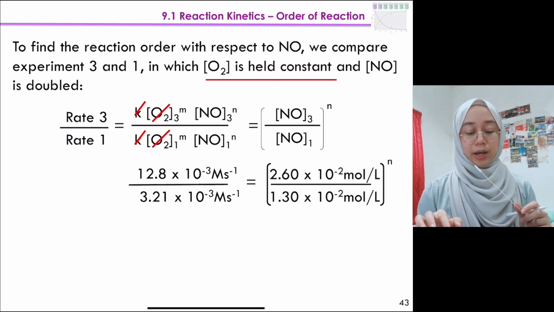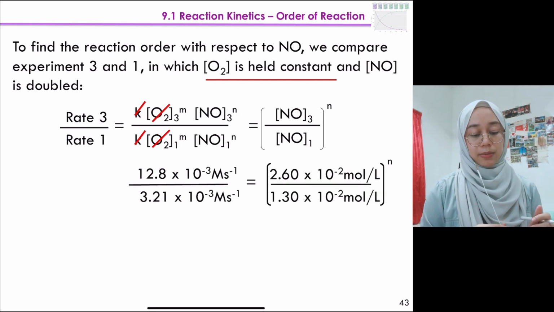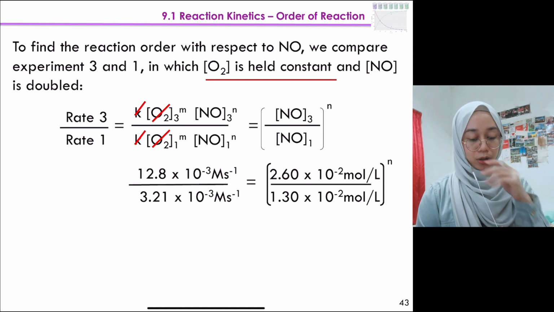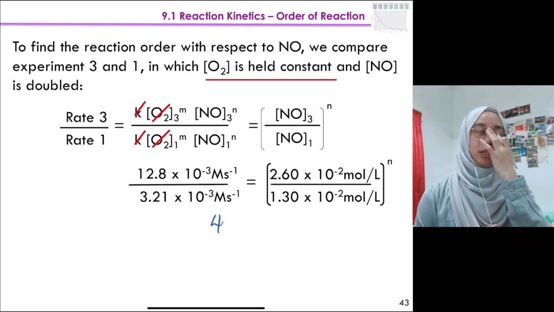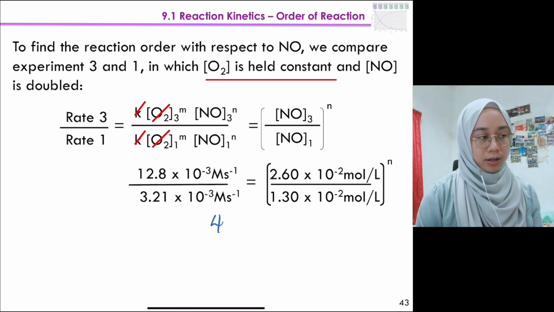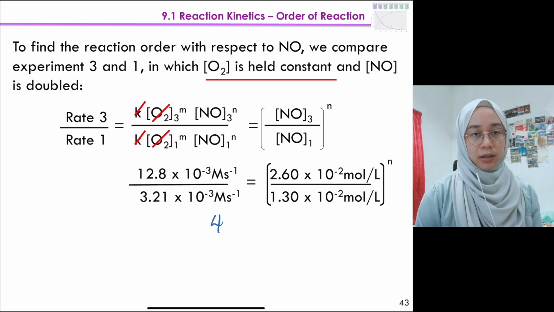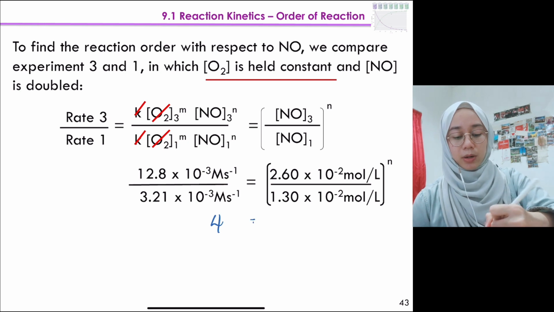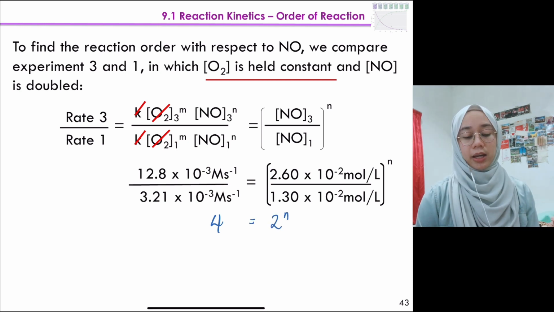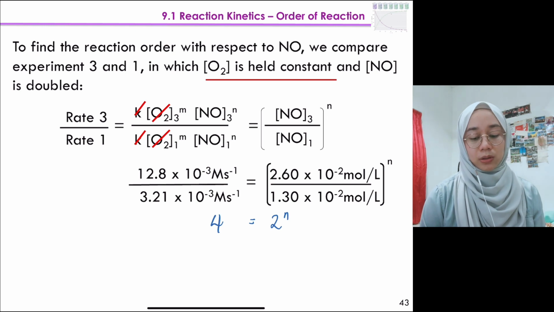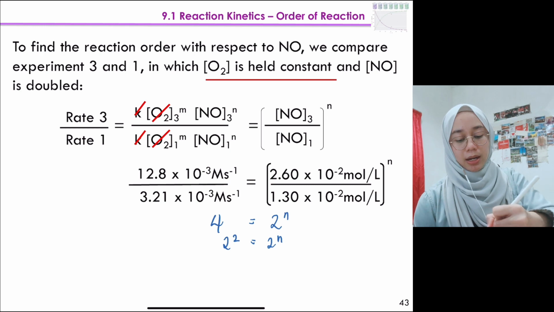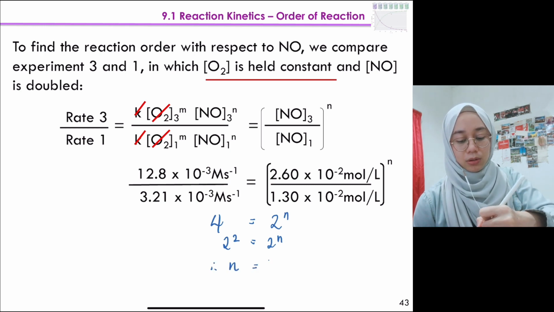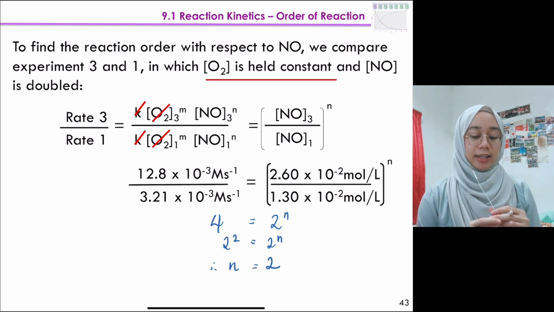And then what you have here is 12.8 bahagi 3 tu kamu akan dapat 4 rasanya. Gunalah kalkulator. Dia mungkin ada perpuluhan tapi you just bundarkan kepada to the nearest whole number. And then meanwhile yang ni pula kamu akan dapat 2 to the power of n. So 4 is equals to 2 to the power of 2 kan. Therefore yang ni adalah 2 to the power of n, therefore your n is equals to 2. Jadi dekat sini